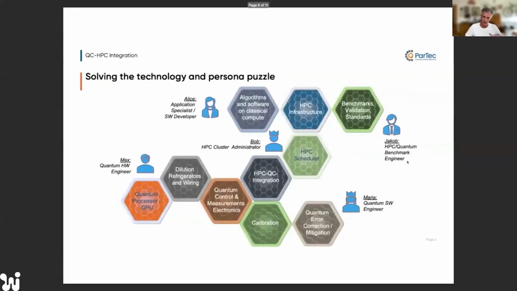But it's also on the software level. HPC, for example, is batch-driven. They use C++ or Fortran. On the other hand, we have quantum programming in frameworks like Qiskit or the PennyLane SDK, where we use Python or Julia. And we have analog signals and no digital signals. So there are different languages between the different personas, which is also a problem when bringing these groups together so that it fits into a good solution at the end.